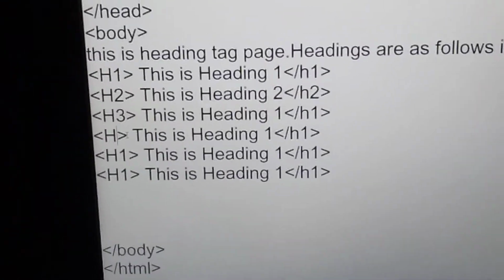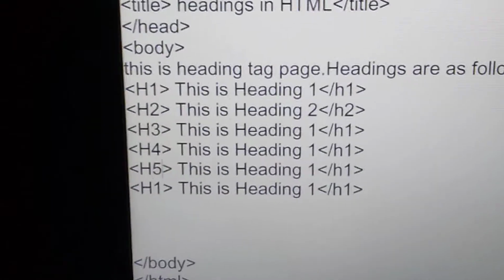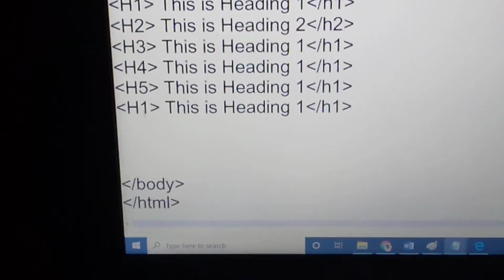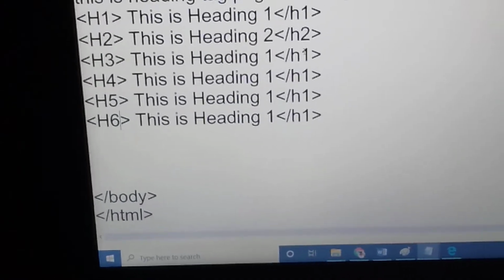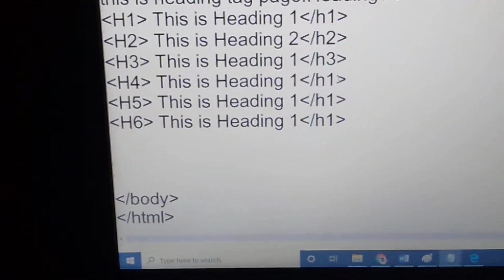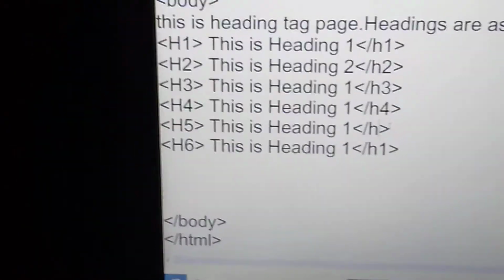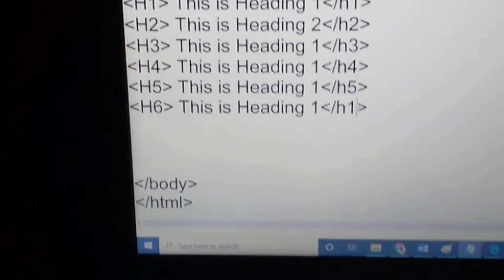Here it is H4, then H5 and H6. Here also the same, corresponding closing H3, H4, H5 and H6.